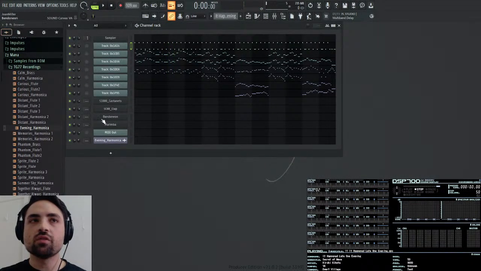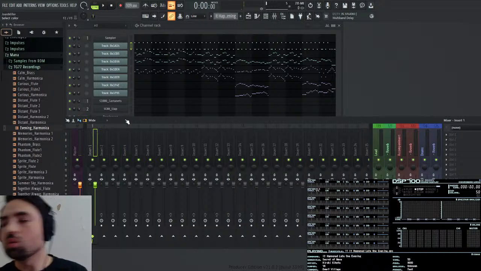Cool. So let's give the castanets a mixer track and the clap, as well as the harmonica recording. So now we name this accordingly.